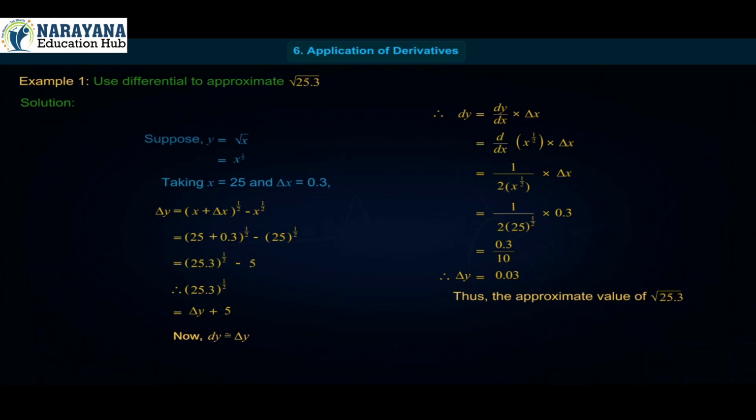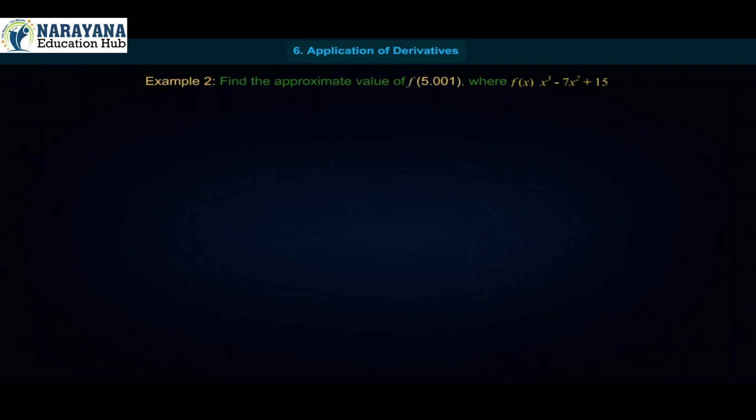Thus, the approximate value of square root of 25.3 raised to 1/2 is equal to delta y plus 5, which is 0.03 plus 5, equal to 5.03. Example 2. Find the approximate value of f of